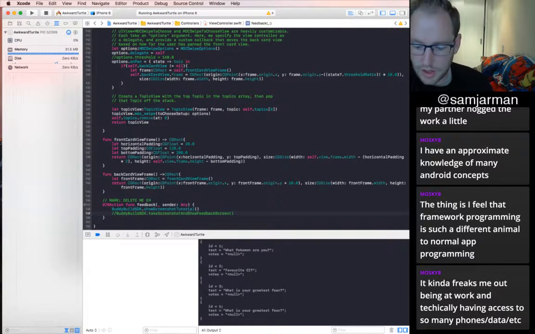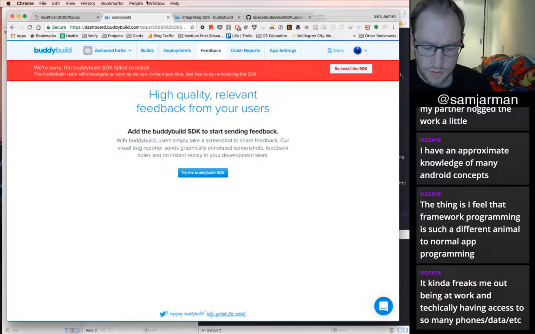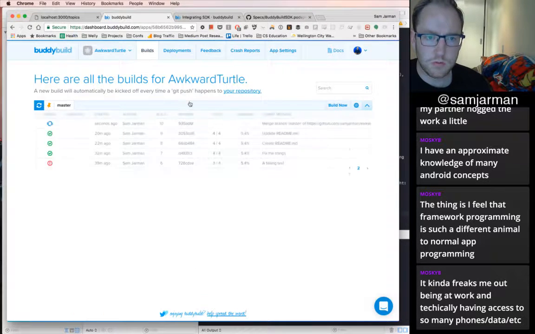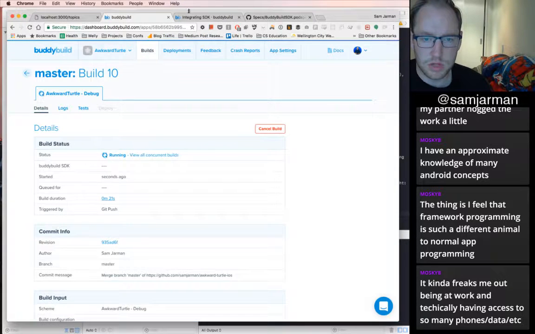And hopefully some stuff in the dashboard opens up. Not too sure. Not too sure. Building. All the building.